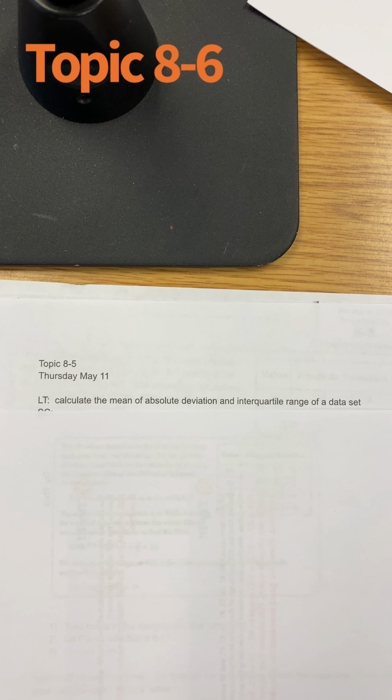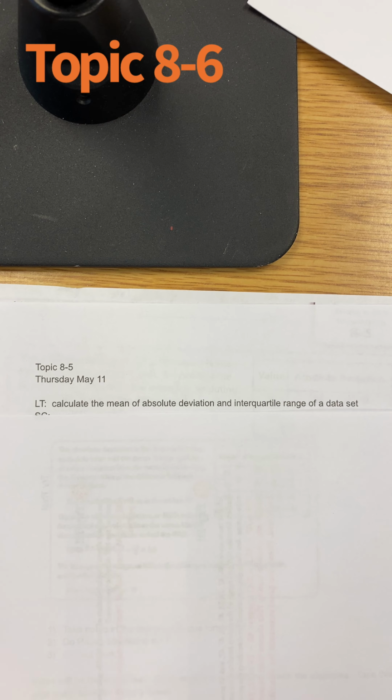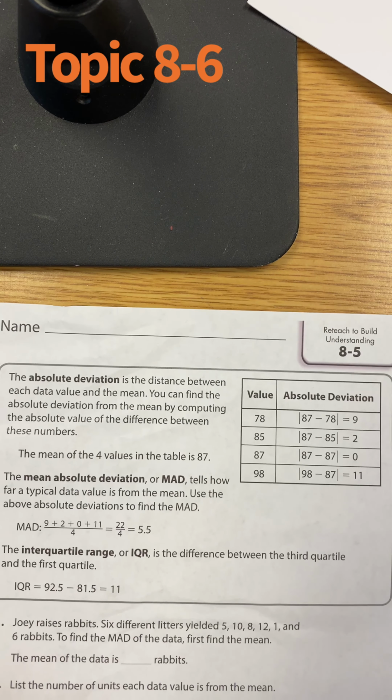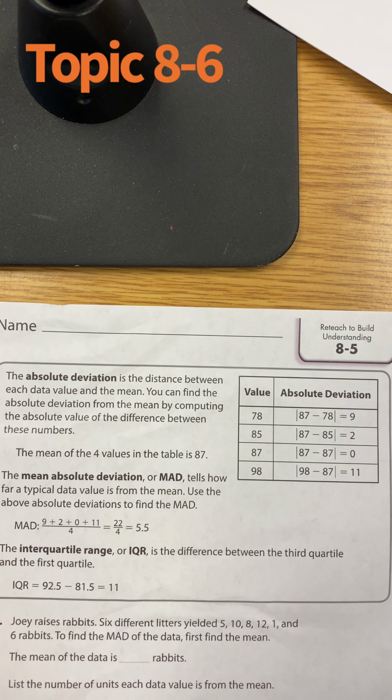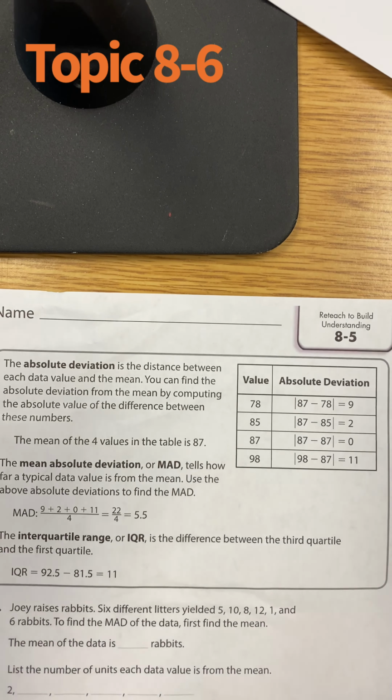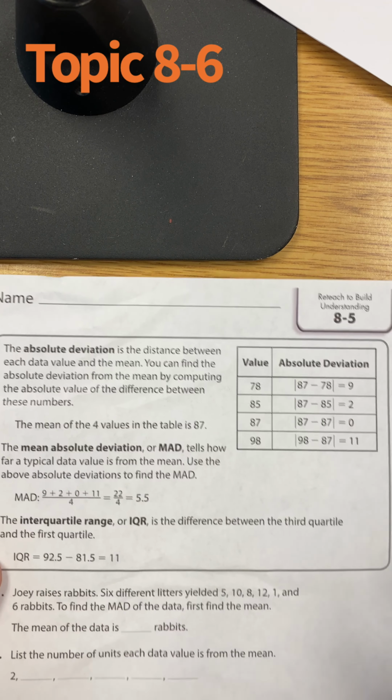Thursday, May 11th. Today we're working on topic 8.5. Today you're going to calculate the mean of absolute deviation and interquartile range of a data set. That sounds very sophisticated, but we're going to break it down and you're going to be like, oh, that's so easy. So you need this paper that I put in your green folders for the week, and I saved you a little bit to do